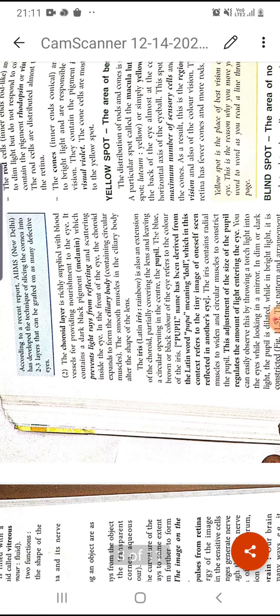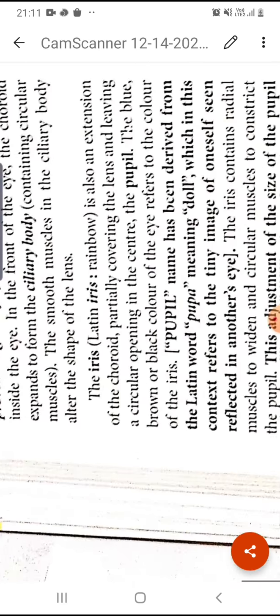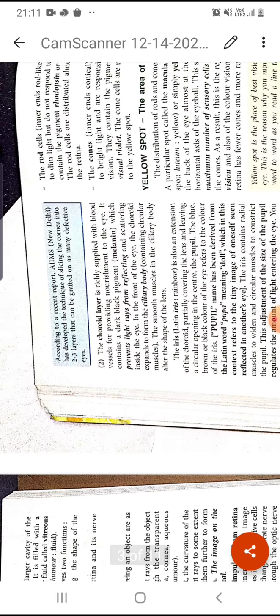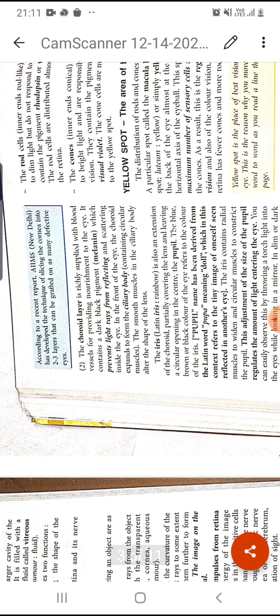Okay, then the next layer is the choroid layer, which is richly supplied with blood vessels. Why? To provide nourishment to our eye. Okay, so you have seen that it is dark or black in color. Why? Because the melanin pigment is present there. So melanin pigment prevents the light rays from reflecting and scattering inside the eye, so it is black in